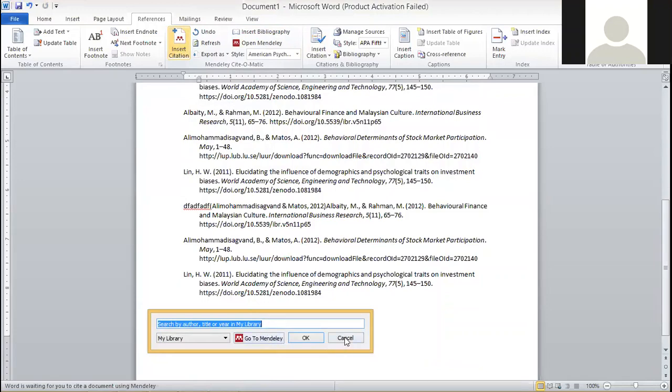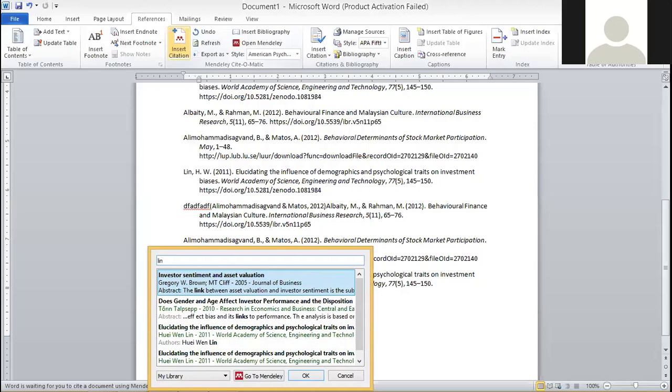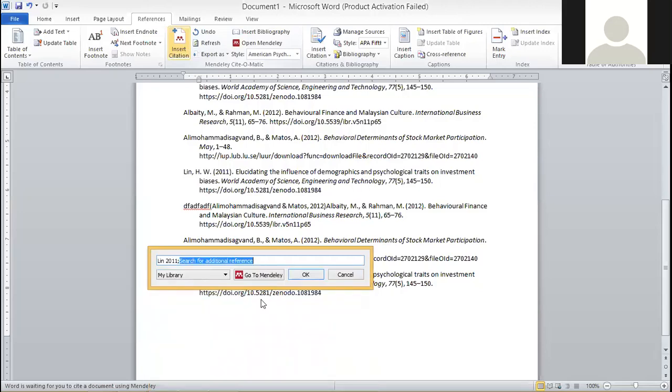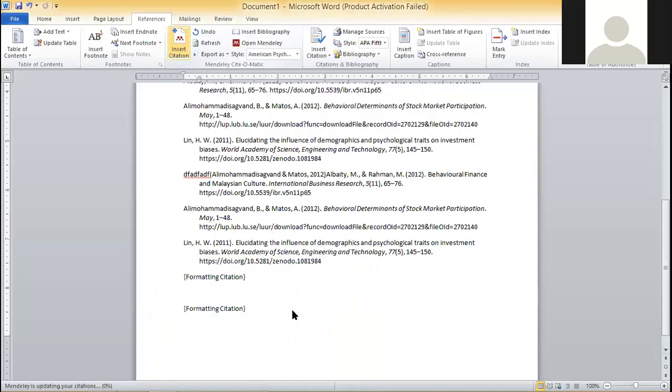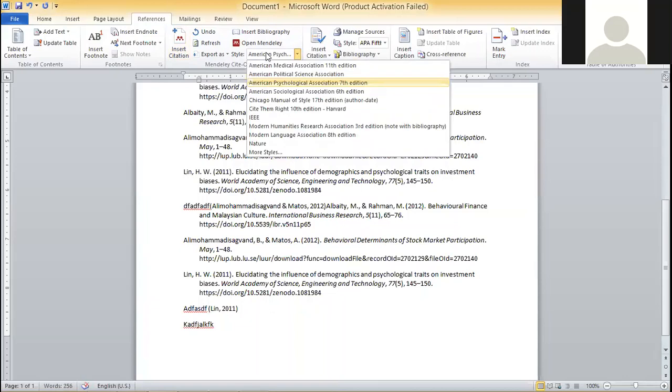Let's see the difference in the bibliography. APA and Harvard in text is always same, but bibliography will be different.